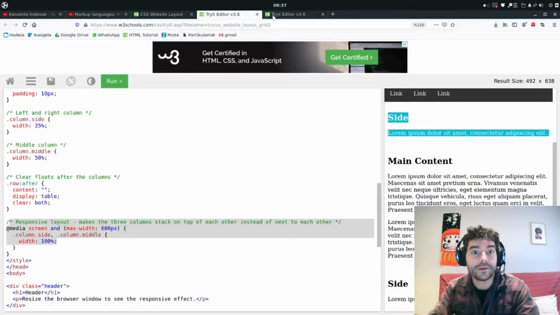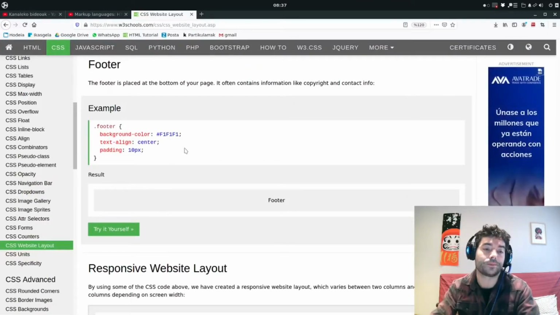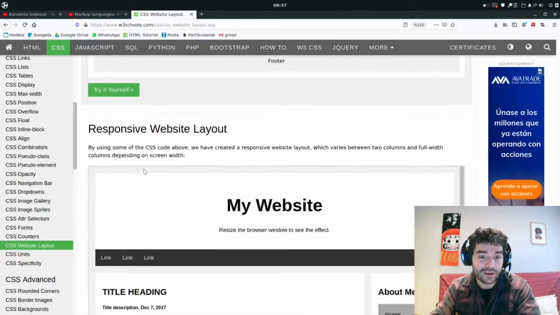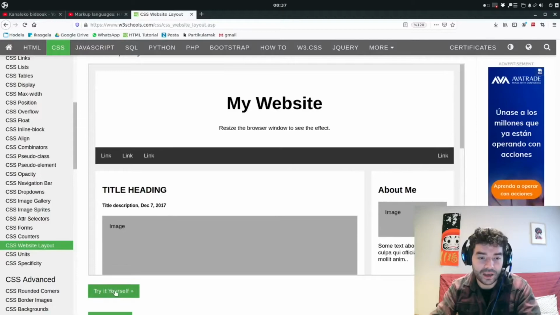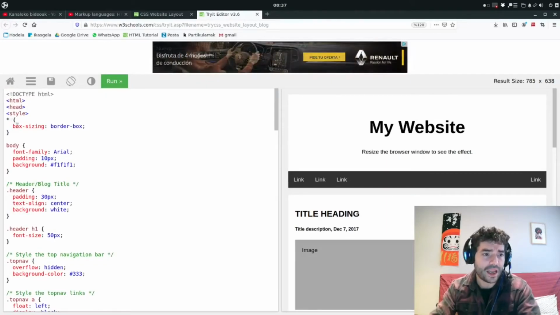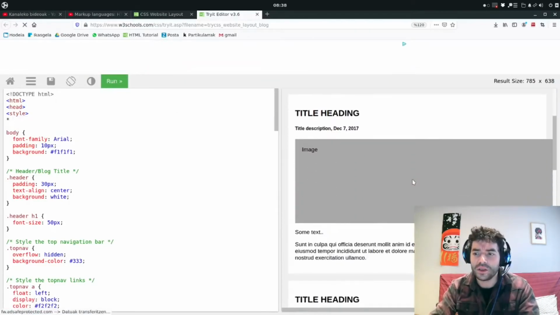Okay, so we will go to the last part, because after clearing it, you can add another box like the header, that is the footer. So I think that there's nothing important here, but we will see how we can understand all this code. So first of all, the style. Okay, you say box sizing, border box. You have different properties, main properties. You can use this or not and see which is the